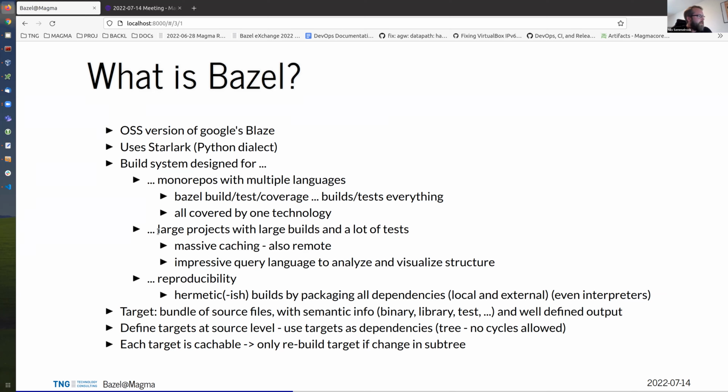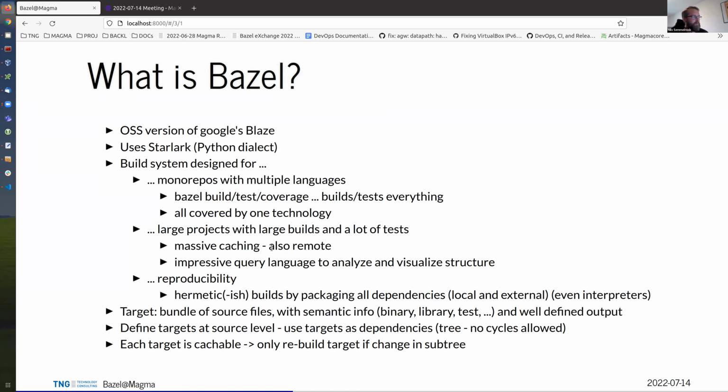Another design point is that it's built for large projects with large builds and a lot of tests. Here the point is that Bazel supports massive caching, so you only have to rebuild something if you actually changed something. And very impressive from my perspective is that Bazel also supports remote caches.